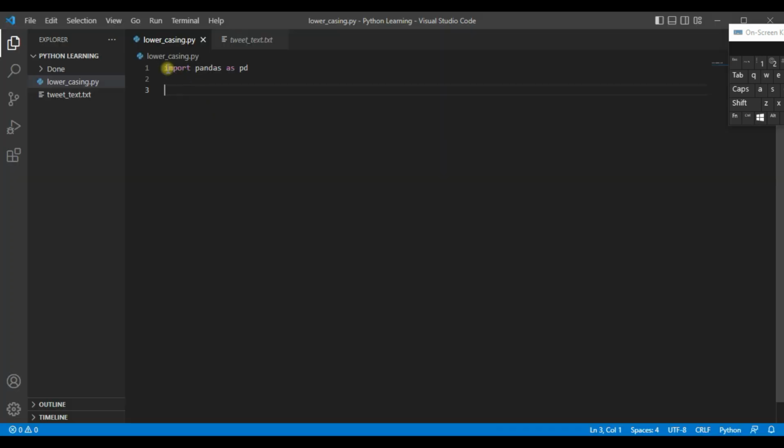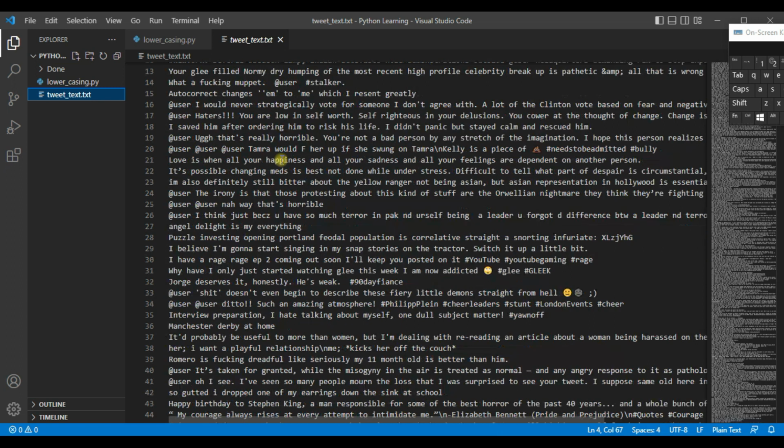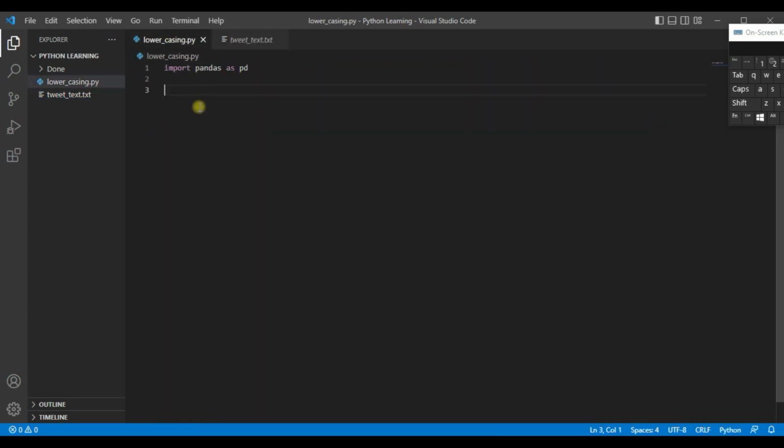In the previous video we had installed pandas, so we are going to import pandas as pd. Then this is the tweets text we are going to read. This is the file, so we are going to use pandas to read the file. So a variable data frame equals pd.read_csv, then you pass in the name of the file, that's tweet_text.txt. Then I'm going to define the header as none, to avoid the first line of the file being used